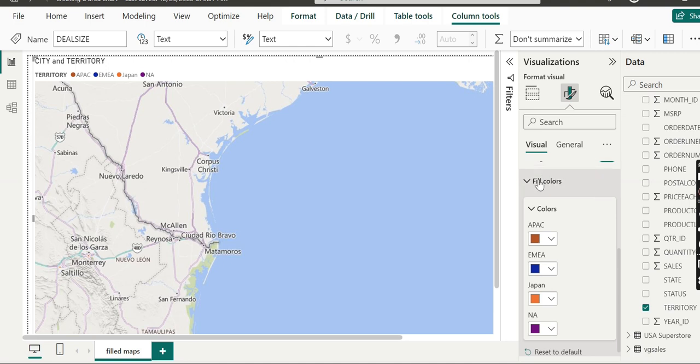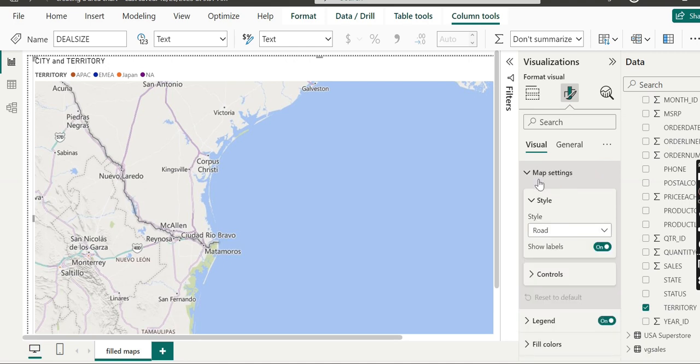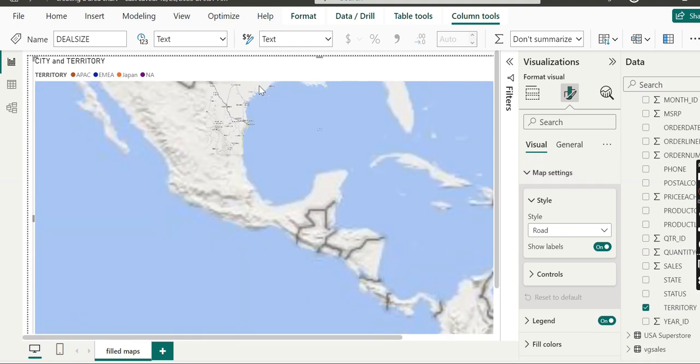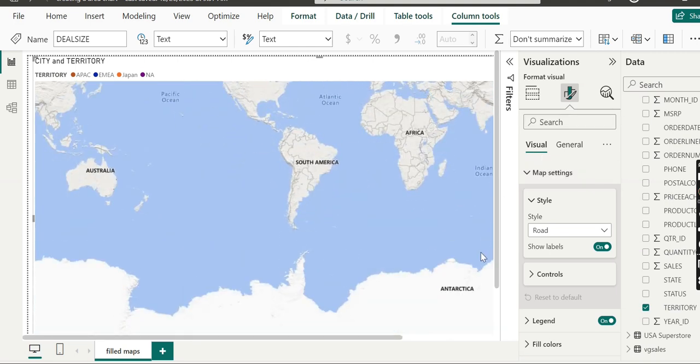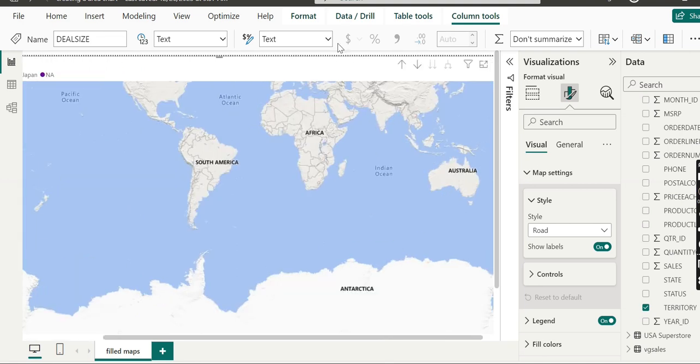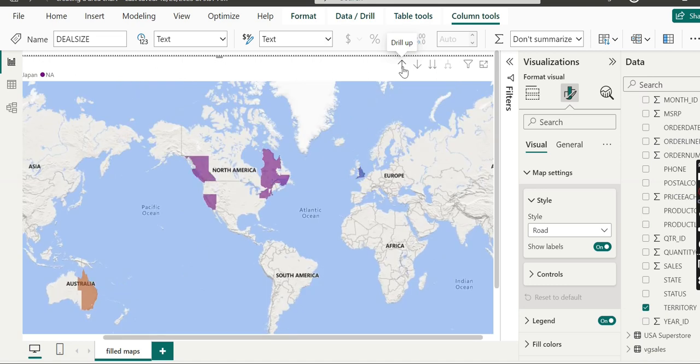We are now at the lowest level of hierarchy, that is city level, and here is the button which is working for going one level up, that is the up arrow, up for hierarchy. From city level we go to the state level. If we click here once again, we see the state will be highlighted. As you click here, state BC, territory NA.